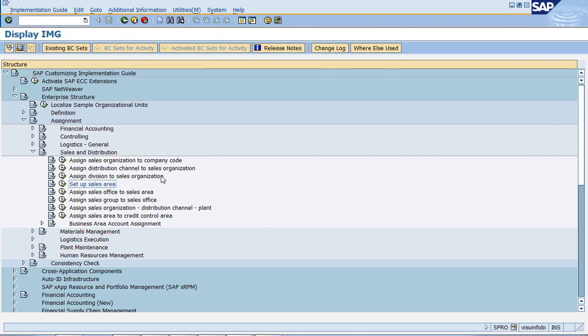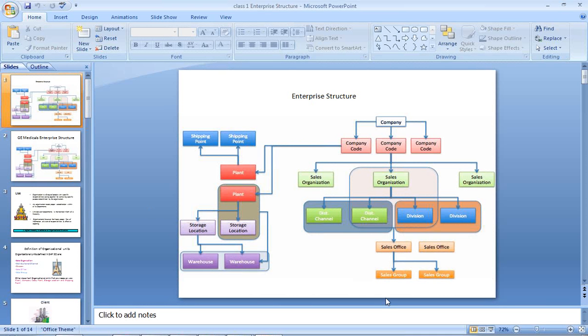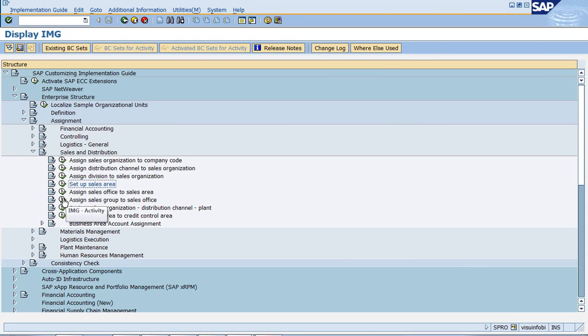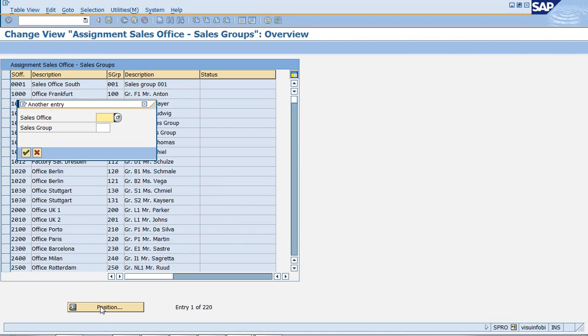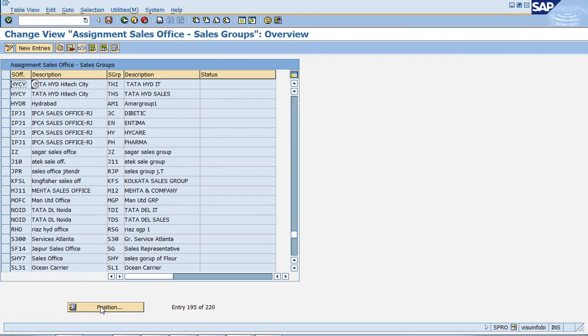So the next step is going to be sales group. Sales group is nothing but people who are working in the sales office. So we are going to assign the sales group to our sales office. Assign sales group to your sales office. Sales office HUL1 is not there. Click on new entries.